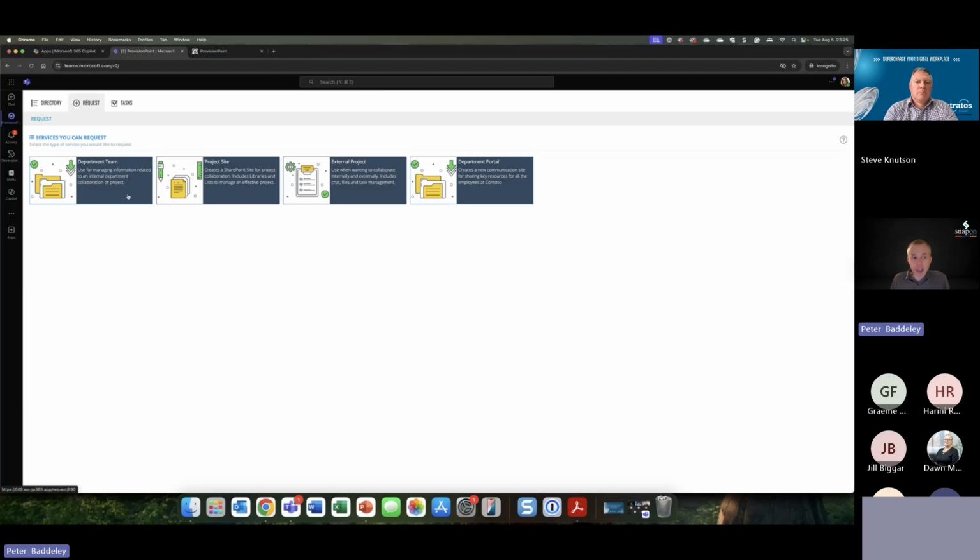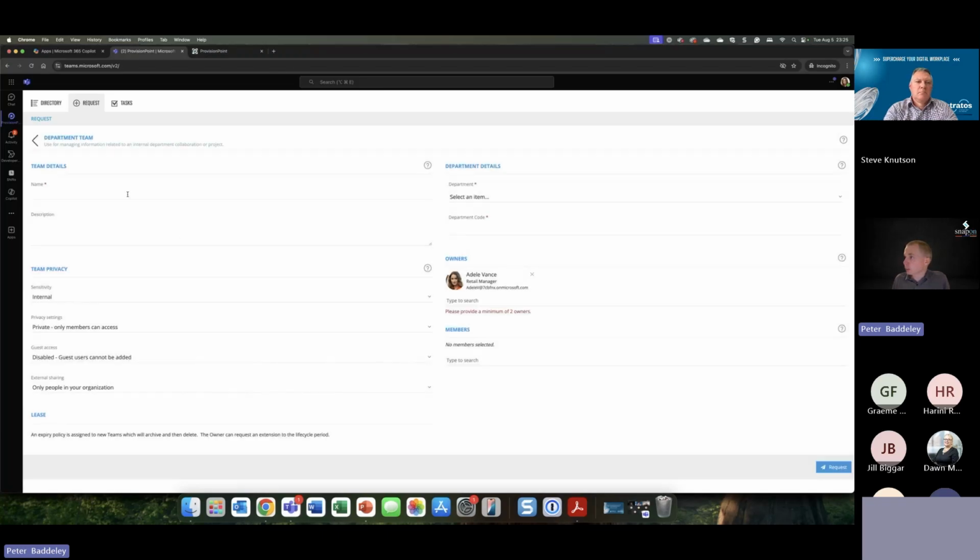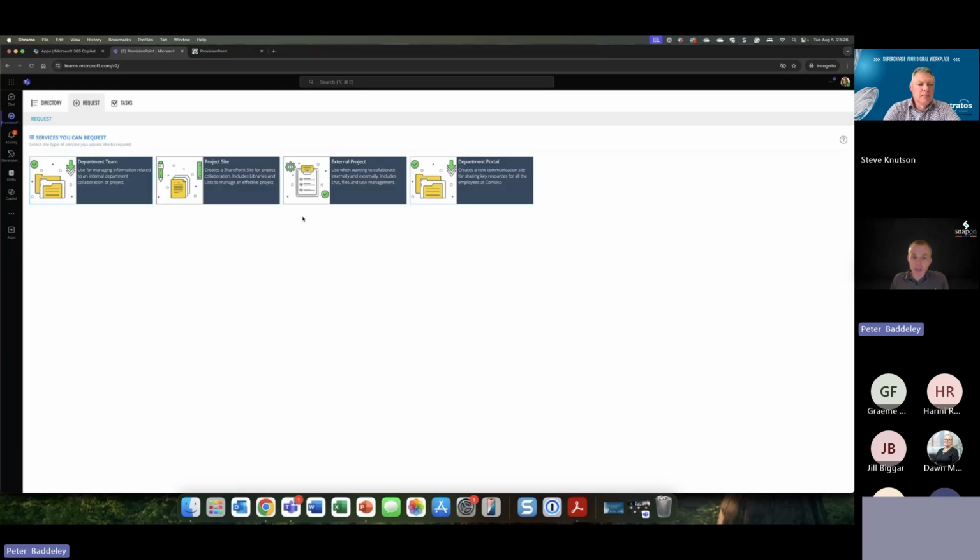The great thing about these templates is it puts your controls in place from the start, so you don't have to keep constantly cleaning up your environment once you've cleaned it up the first time. So for example, this one applies certain controls. It's saying that this is the sensitivity I'm going to apply. It's going to be private. Guest access is going to be disabled. External sharing is disabled. Whereas this one